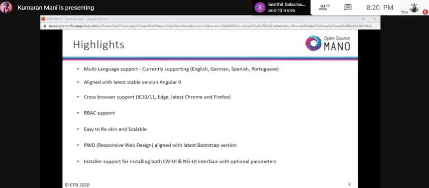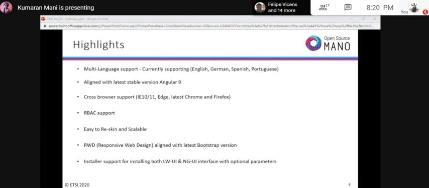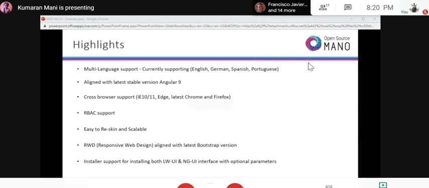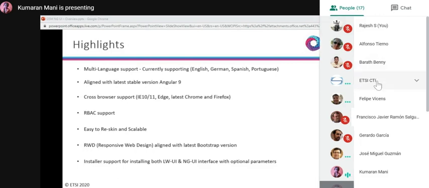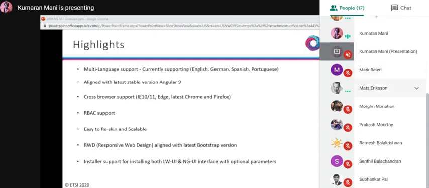The main thing is reskin and scalability. We can easily reskin our application. The color scheme by default is aligned with the open source color theme. That is why we took three major colors from the open source logo. By default, these three colors are selected. If a user wants to change the color theme of our application, it is easy. With a simple code change, you can easily reskin the total application.